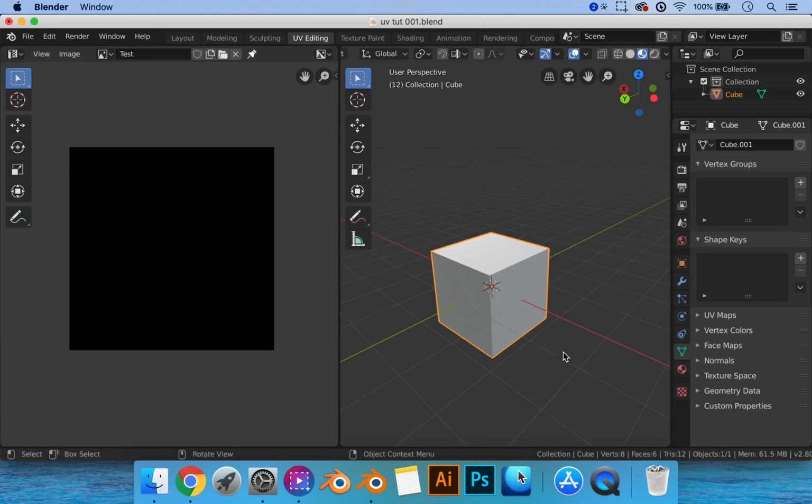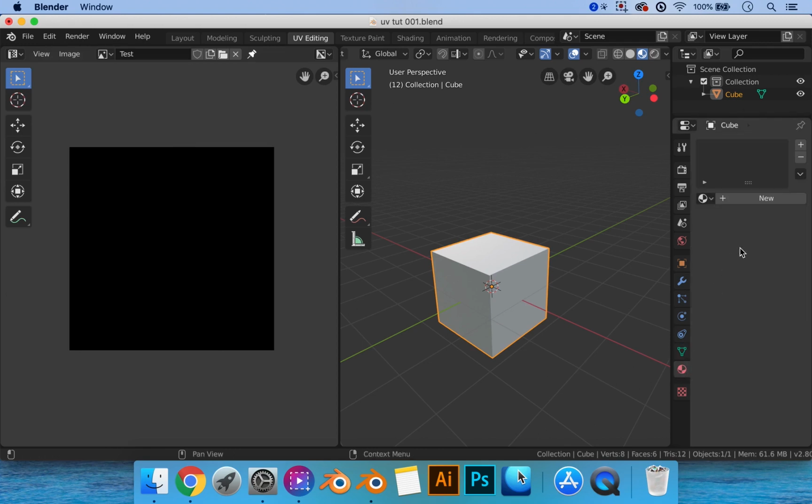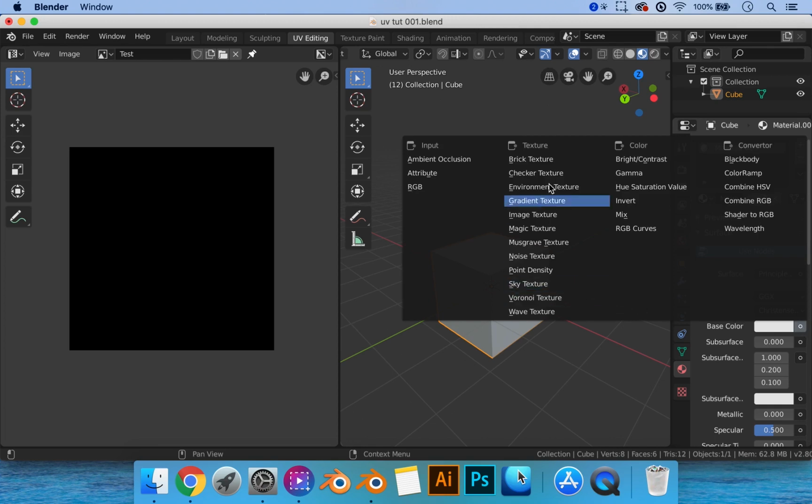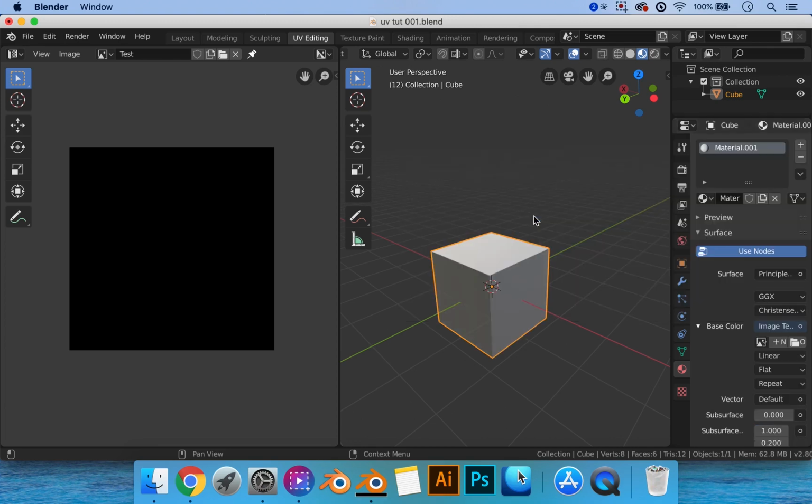Now, to pair it up with that texture, it's quite simple. You just go over to your material section. We're going to create new, and with this new material, we are going to go over to the base color section. Instead of selecting and changing the base color, we're going to click on this little node on the side. Click on that, and as you can see right here, there is the textures section. All you have to do is scroll down, go over to the image texture, click on that, and as you can see right here,